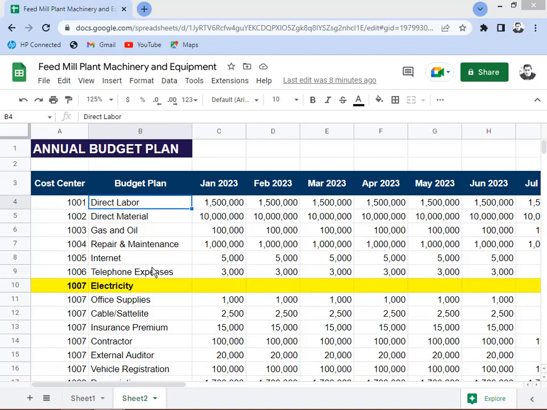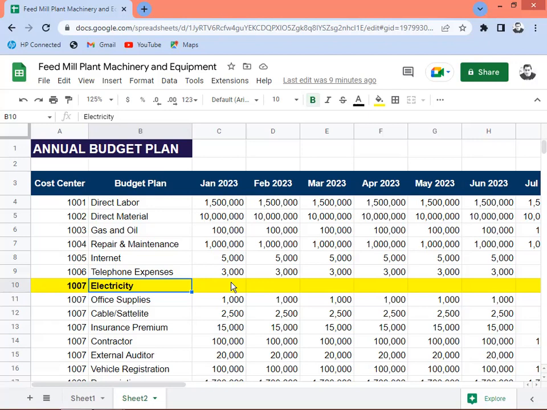Okay, I have included here some cost centers like the labor, material, gas and oil, repair and maintenance, internet, telephone expenses, etc. And as you can see, I have highlighted here the electricity, which I have left blank because this is where we're gonna calculate